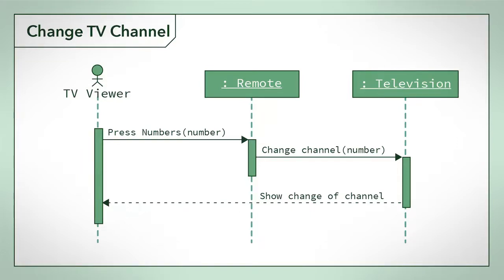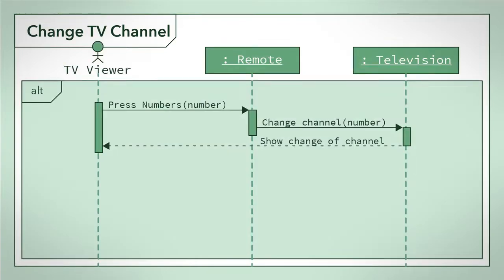You can also show loops and alternative processes in a sequence diagram. Let's see what these would look like in a sequence diagram. Say the TV viewer is unsure what channel to go to and would like to surf the channels until they find a channel they like. I can wrap the previous sequence I just drew as part of an alternative process, so that it is a sequence of actions that will occur if a condition is true.